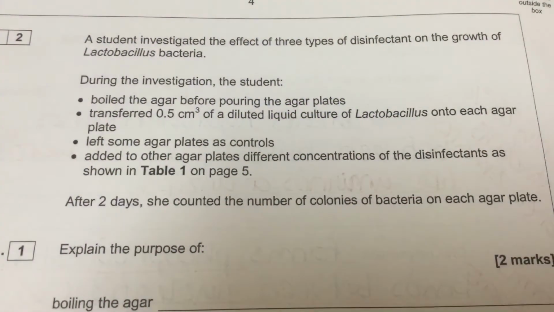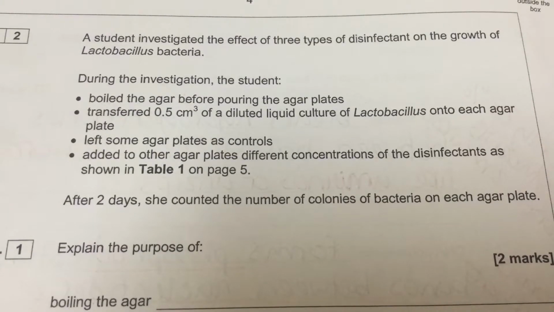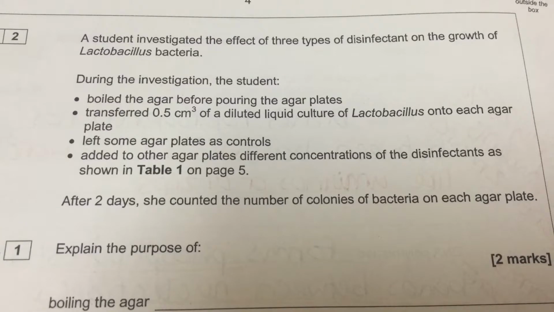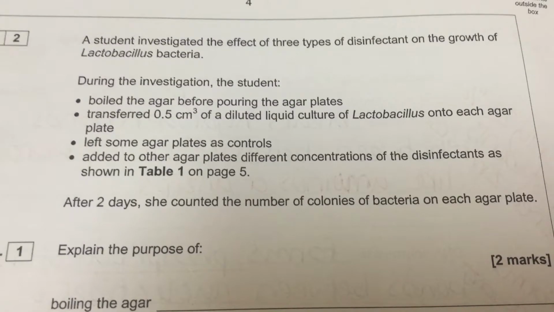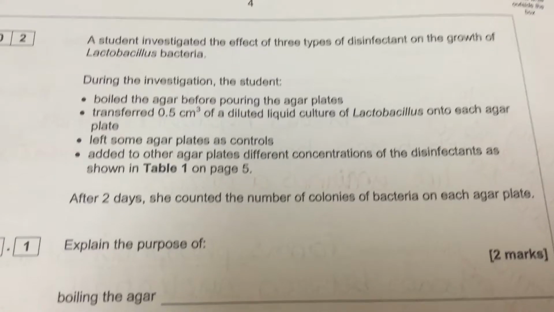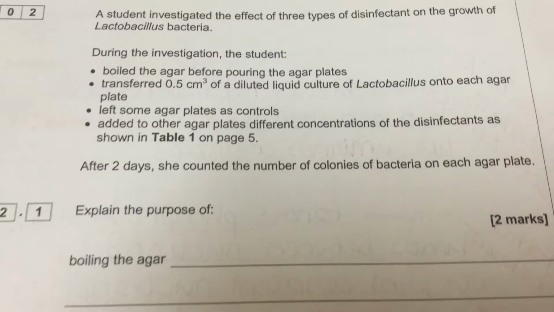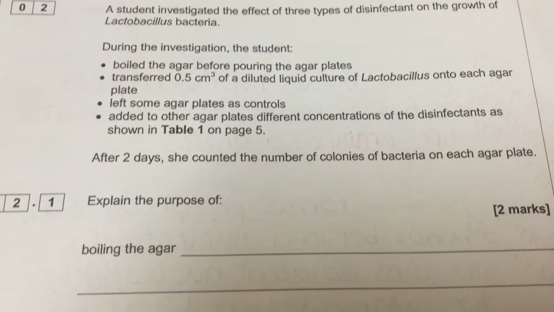It's question 2 from paper 1 of the AS 2017 paper. There isn't that much more demand from a GCSE question in this question. However, still only 7.6% of students managed to score the 2 marks for the first part of the question. Let's read through. It says a student investigated the effect of 3 types of disinfectant on the growth of lactobacillus